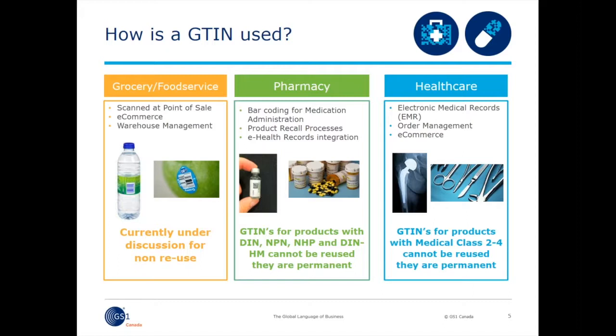So for the general retail environment, the reuse of GTIN was restricted to those GTINs which have been discontinued for a minimum of 4 years, meaning the product had to have ceased to be produced for at least 4 years before the GTIN could be reassigned to a new product. Currently, it is in discussion to meet the needs of e-commerce that all GTINs should be permanently assigned, and this non-reuse for all assigned GTINs is expected by 2018.